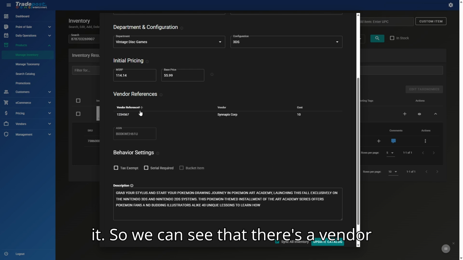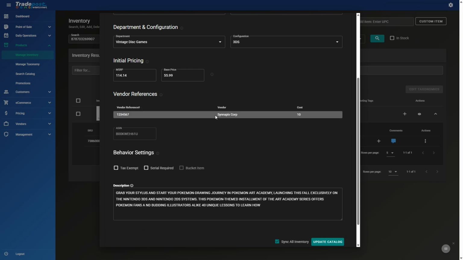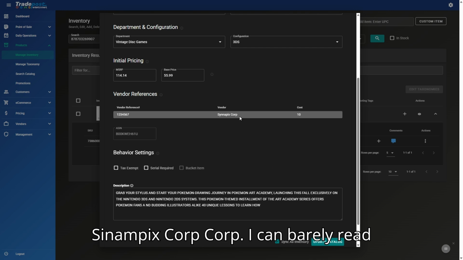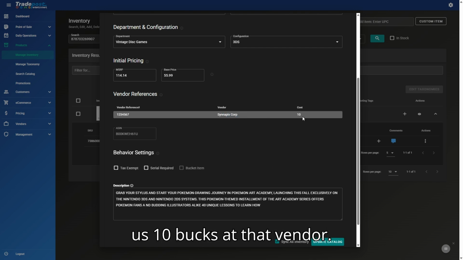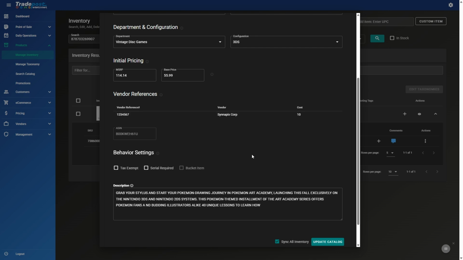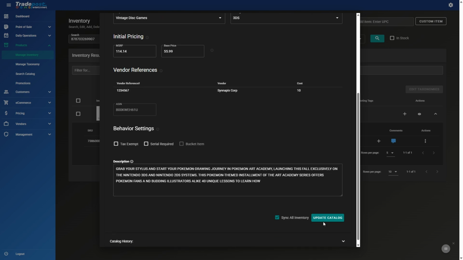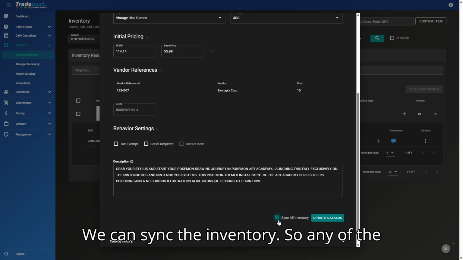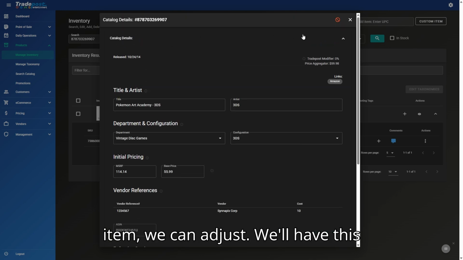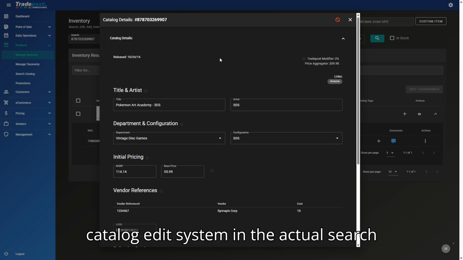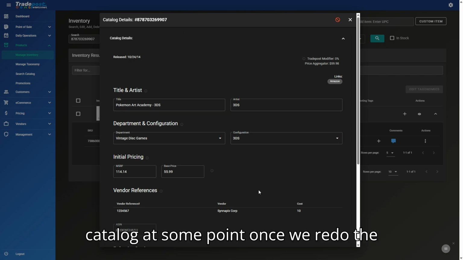So we can see that there's a vendor that we have called Synampics Corp. I can barely read whatever that first word is. And it costs us $10 at that vendor. And we can sync the inventory, so any of the items that we've already added from that item we can adjust. We'll have this catalog edit system in the actual search catalog at some point